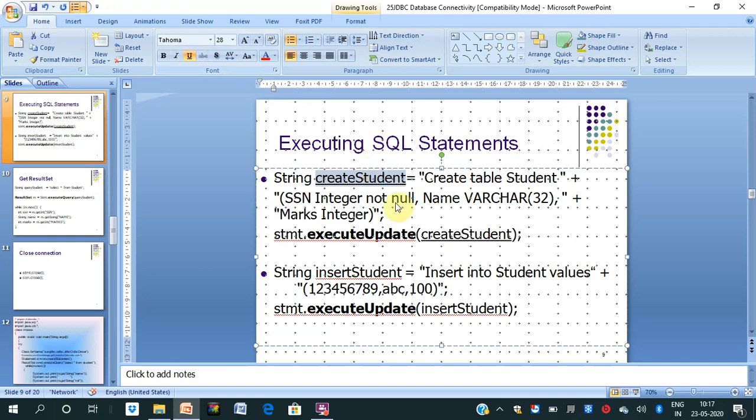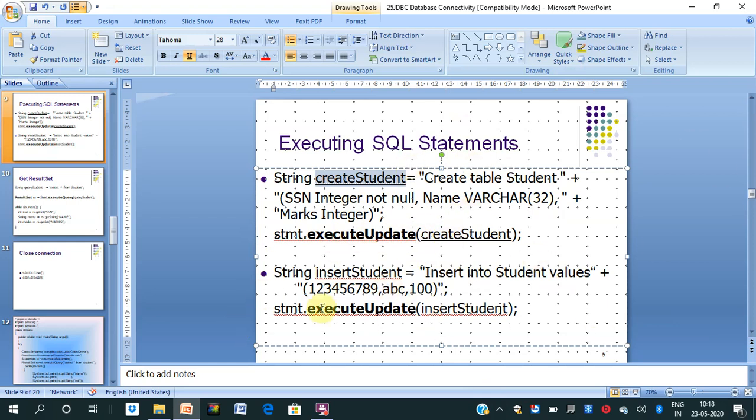In this createStudent string, we have written the create query, CREATE TABLE student. This is the Oracle query, and when this is executed, it will create a table named student, and it has three fields. You can verify whether this table is created or not. You have to move to Oracle and see whether the table is created.